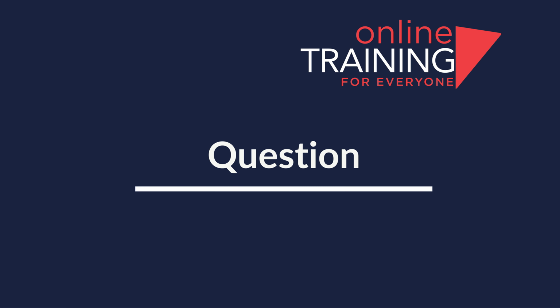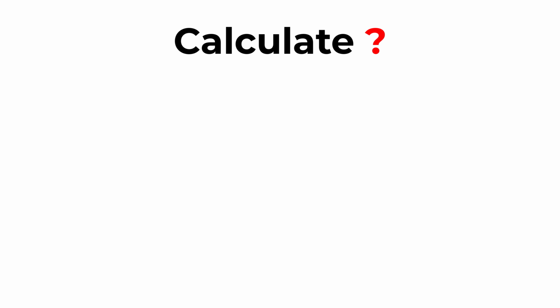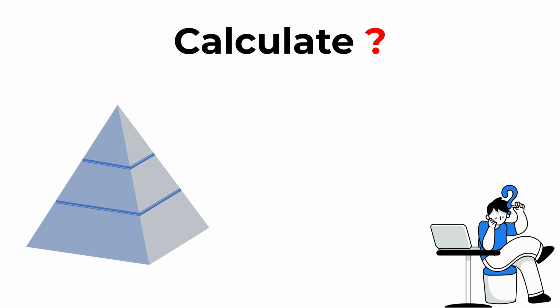Here's a cool question you frequently see on the test. You need to calculate the question mark. And you're presented with the 3-layer pyramid. On the bottom layer, you have numbers 8 and 2. On the middle layer, you have numbers 4 and 6. And in the top layer, you have number 3, and on the other side of the pyramid, you have a